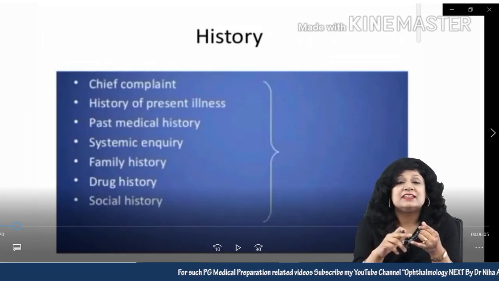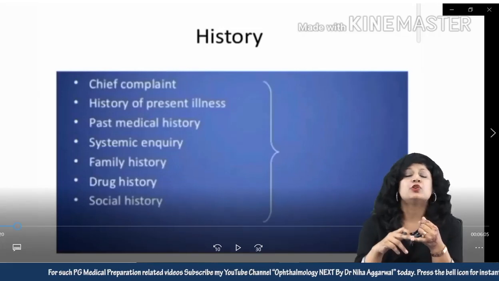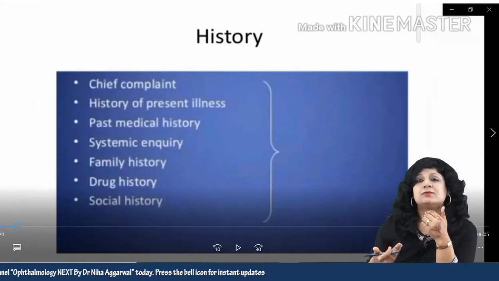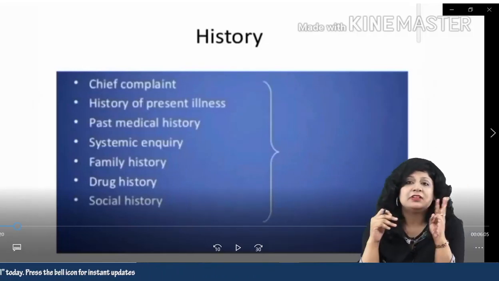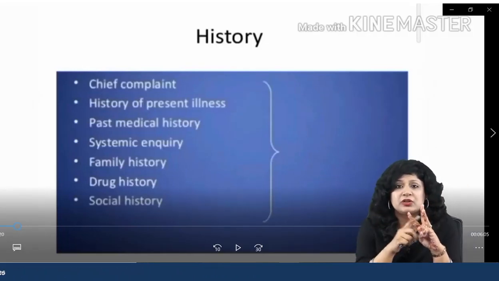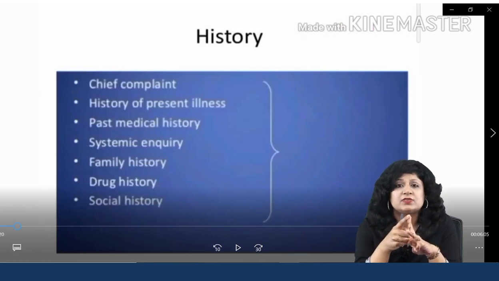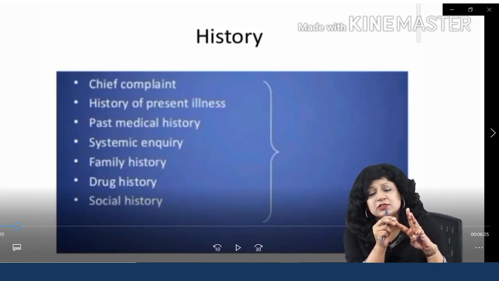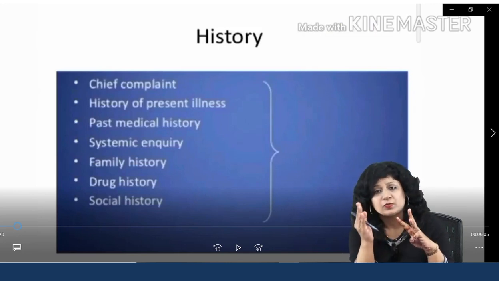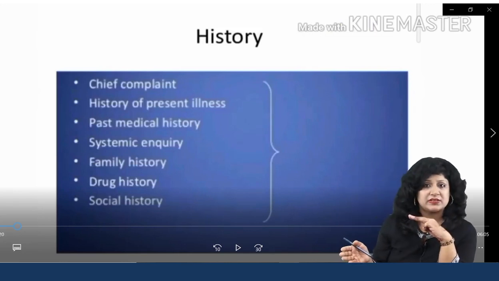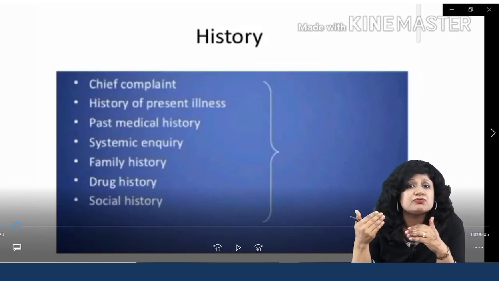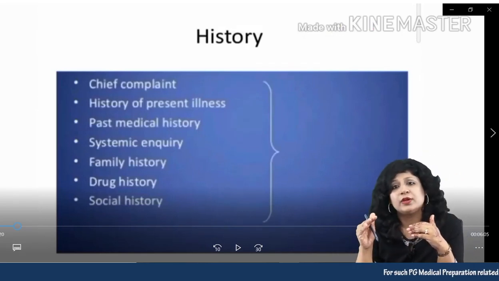So when you are writing the chief complaints also, you have to start with the oldest one and then you have to gradually come to the nearer one. So if I am having 3 problems, one is 3 months ago, then another is 1.5 months and then 20 days. So first I will write the one that was 3 months, and I'll write 1.5 months, and then I'll write the 20 days one. And similarly, when I write the history of present illness, again you have to go in the same order.